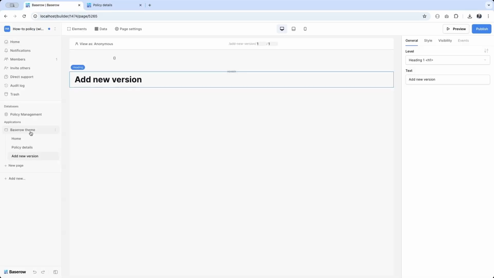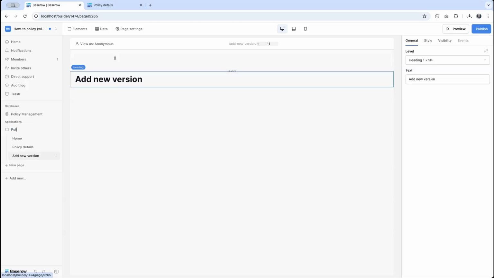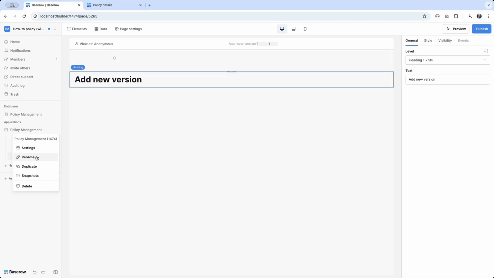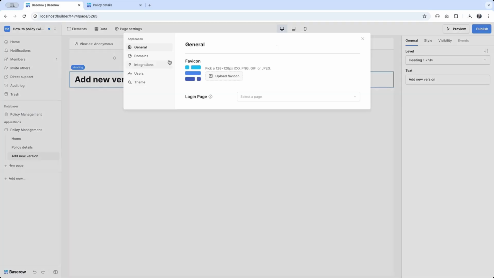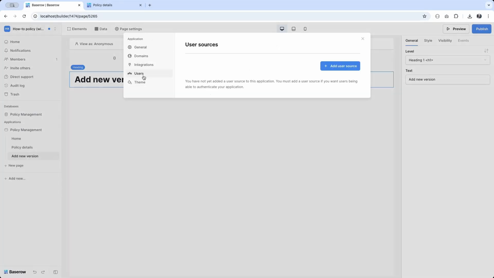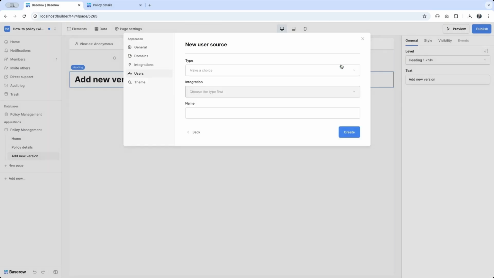First of all, I go to my application. So let's rename it to policy management, so that it has a proper name. And I'm going to open the settings. In the settings, I have a section users, and I'm going to add a user source. A user source is just a collection of email addresses with passwords that I allow access to my application. So it will be a Baserow table authentication from a local database,